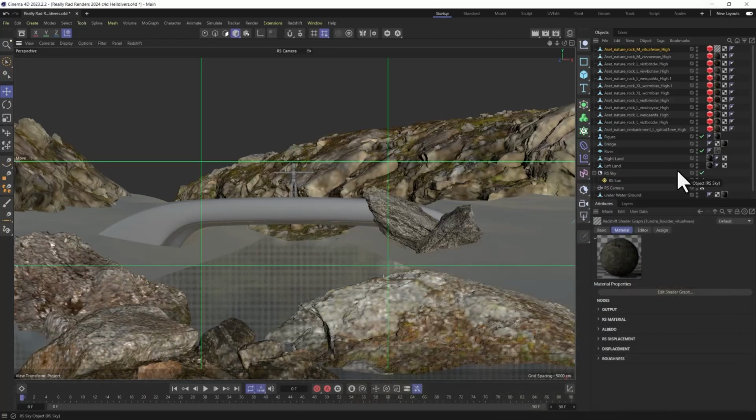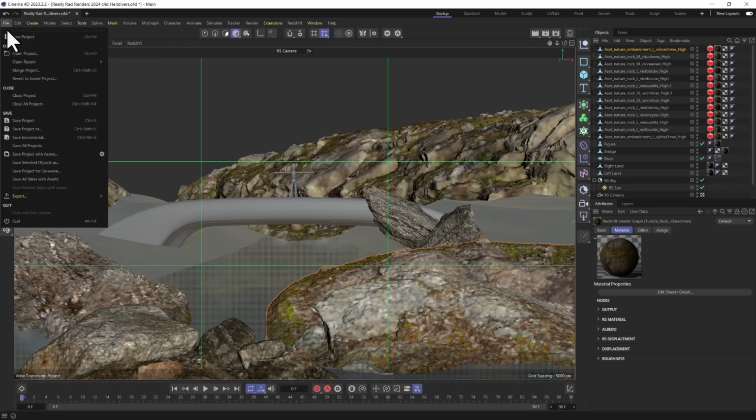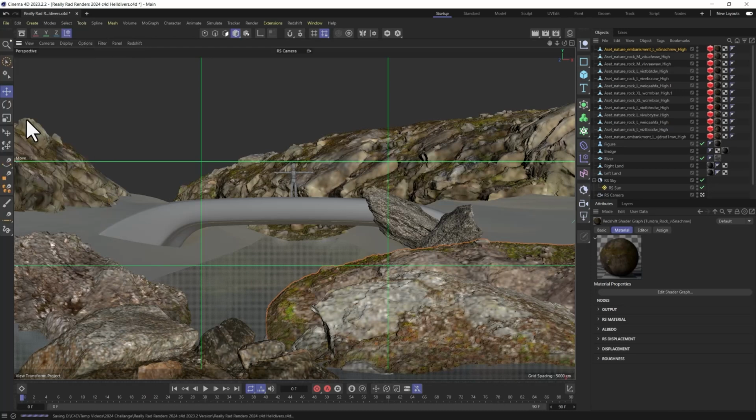Now let it all think. So here's what I'm going to do, okay? I'm going to take all this, and I'm going to save it, and I'm going to open it up in 2024, because I'm in 2023 right now. Because I thought I was going to use Kitbash, but I'm going to open it up in 2024, because 2024 handles this amount of geometry so much better. So here's what we're going to do. File, save, Helldivers, no problem. Close,